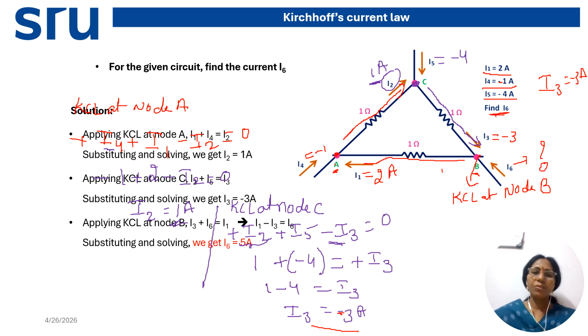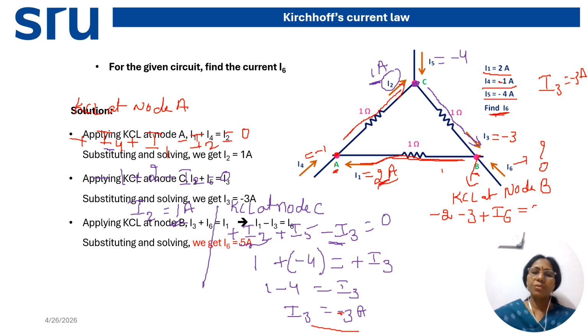What is I1? 2 ampere. So 2 ampere current is leaving the node. That's why minus 2. And I3 current is towards the node. Okay, plus I3. So I3 value we have to add. What is I3 value? Minus 3. Okay. Then I6 current is towards the node. It is plus